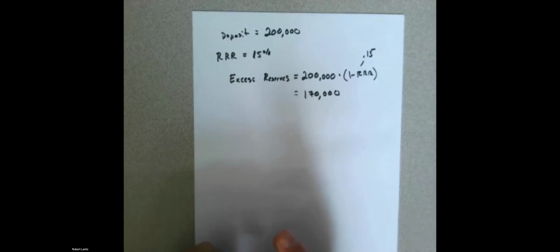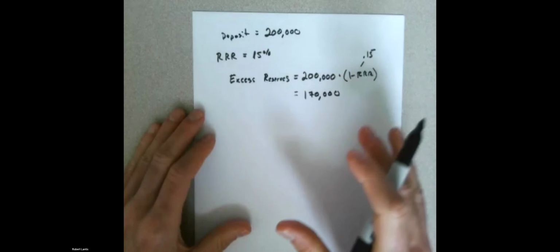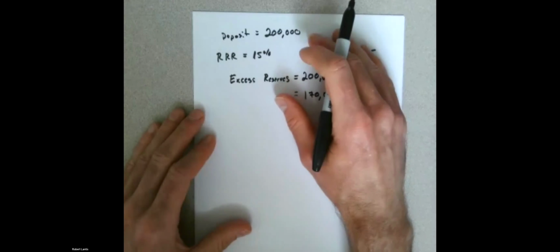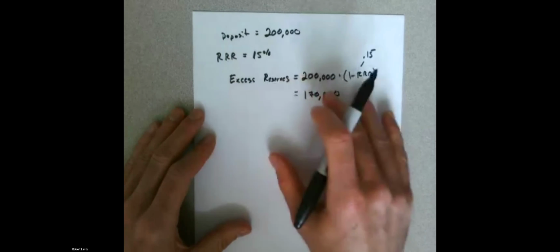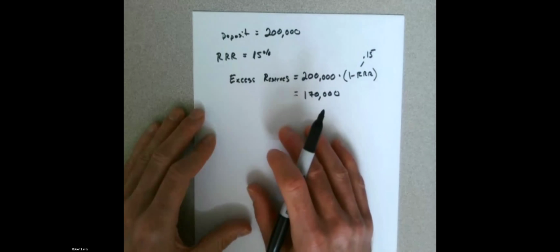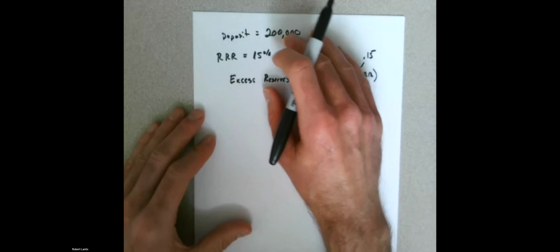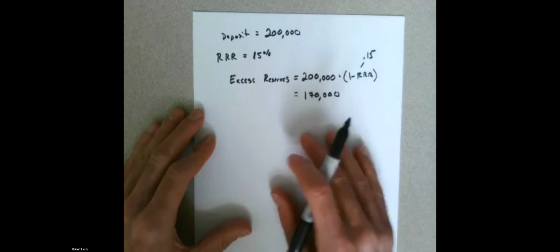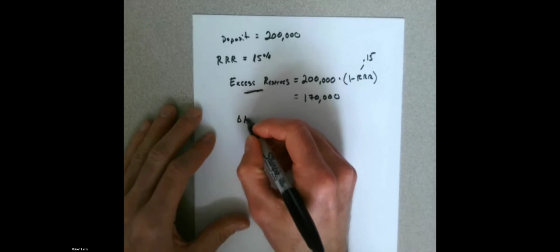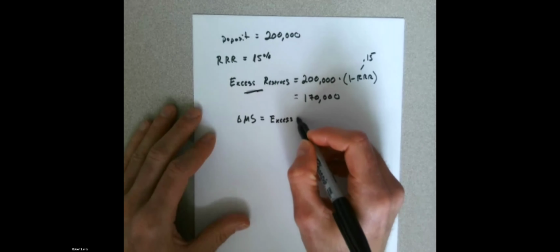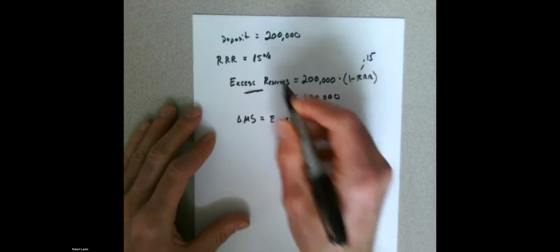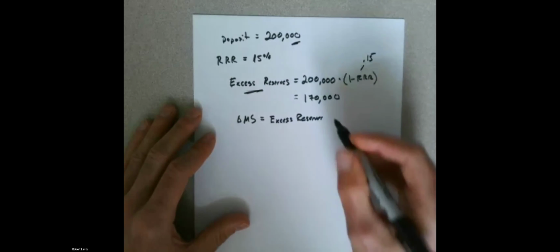So when I start loaning this money out, I loan out 170,000. People then make deposits back into the banks of this 170,000. They have to set 15% aside. They then take that money, loan it back out again. It comes back in as deposits to these banks. They have to set some of it aside, et cetera, et cetera. Okay. So of those excess reserves we have left, the total effect on the money supply, or that change in the money supply, is going to be equal to whatever that initial value of our excess reserves were from that initial deposit.